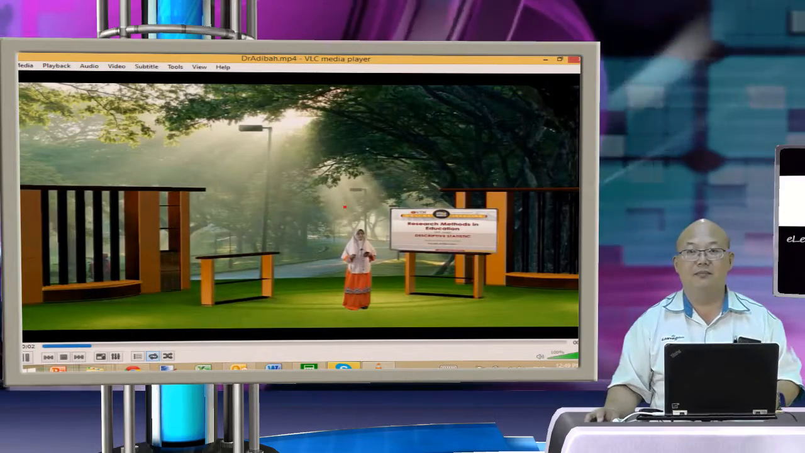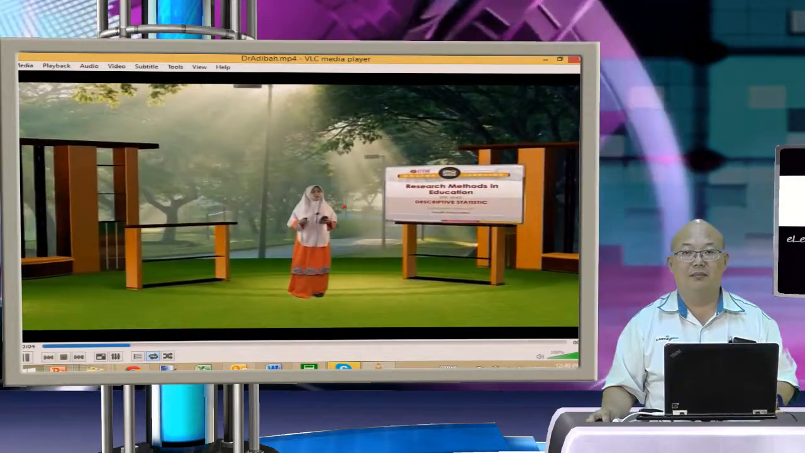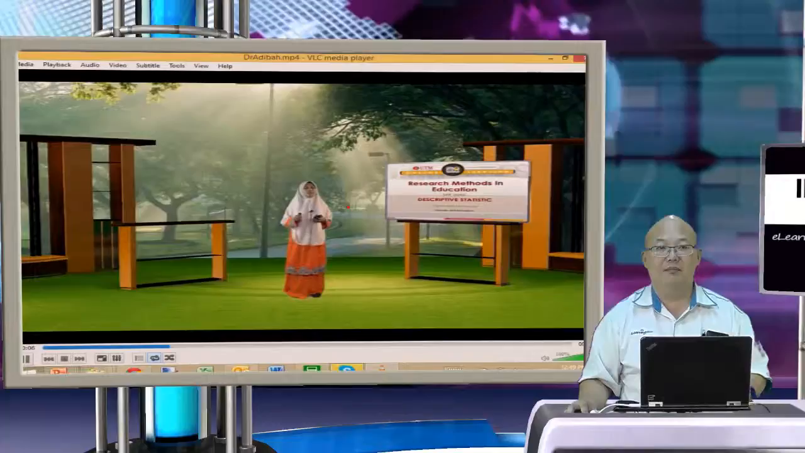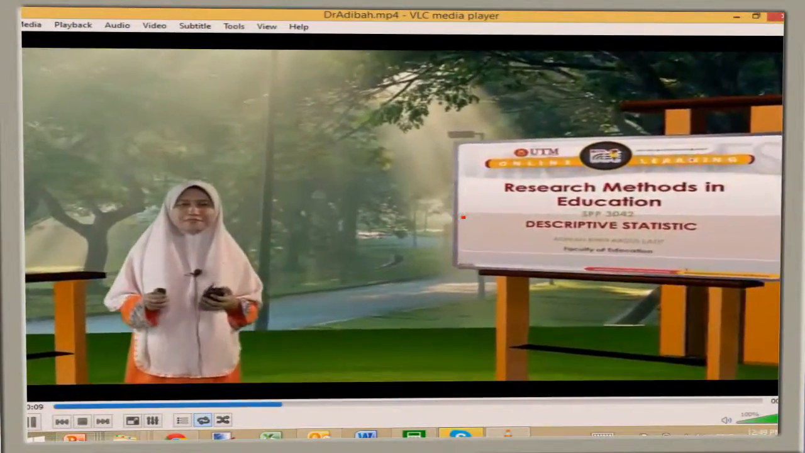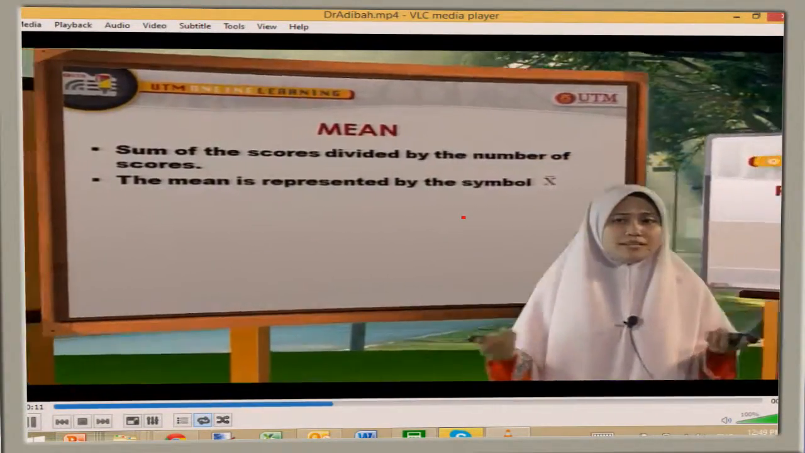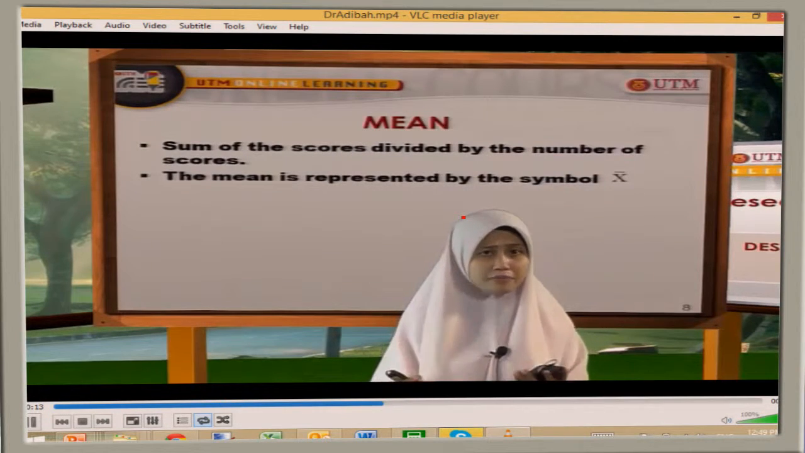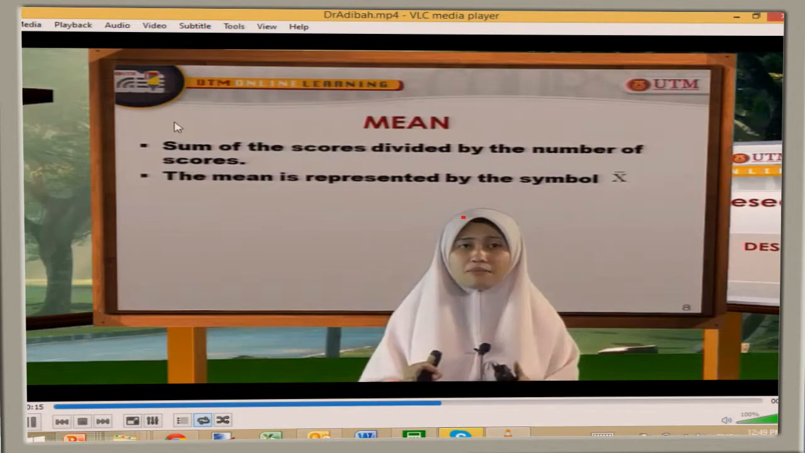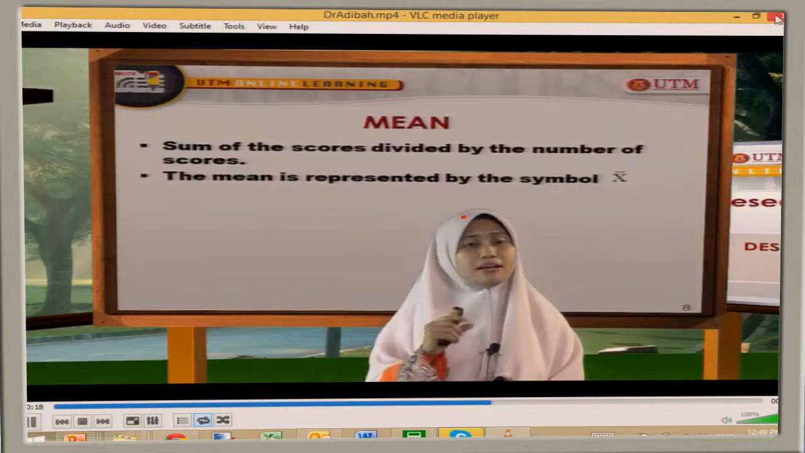Assalamu alaikum and a very good day to all of you. Today, we are going to learn about a new topic that is descriptive statistic. The first one is mean. The arithmetic mean is defined as the sum of the score divided So by I the believe that numbers of